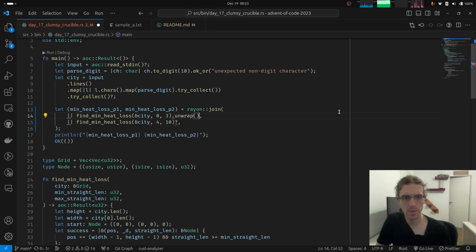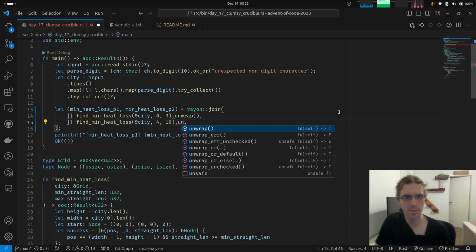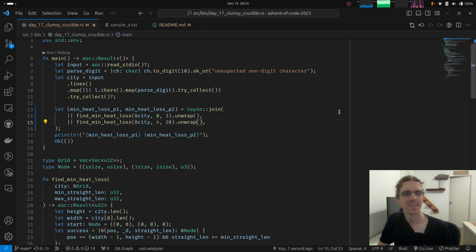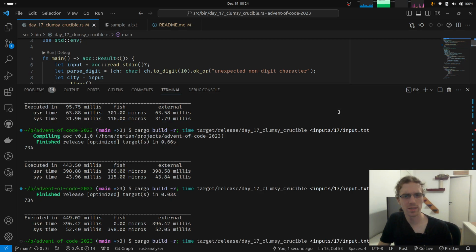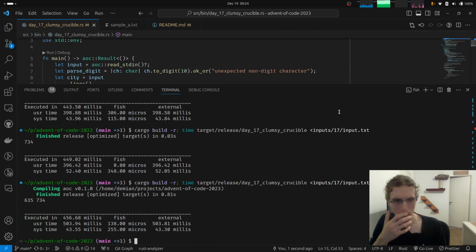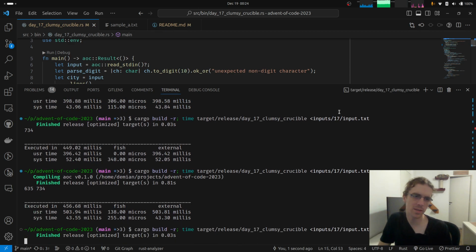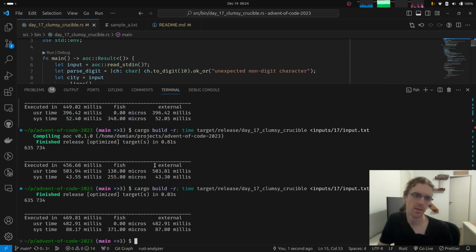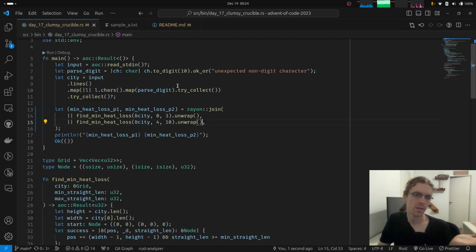Well, let's unwrap for now and run this. This is what we expect, right? It's parallelizing, and we went from 550 or something to 400, like 100 milliseconds less, but it's not significant, to be honest.